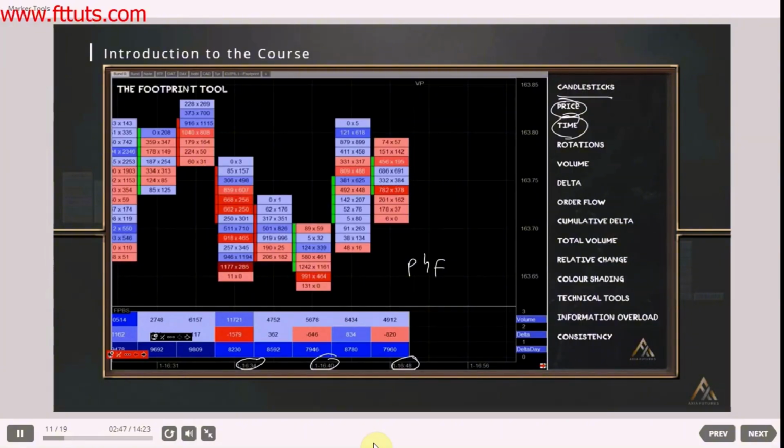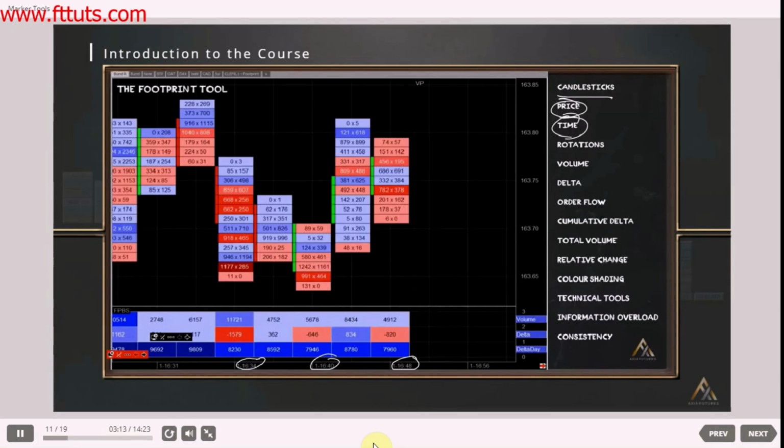So each rotation in this example is simply based on a point and figure. What this means is that every time the market moves a certain number of prices in one or the other direction, say 7 prices up or down, it creates a new rotation. Now throughout this course we are going to talk about both time-based rotations as well as point and figure